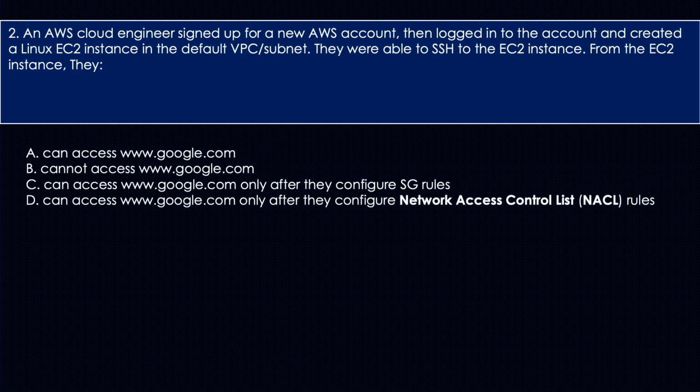2. An ORS cloud engineer signed up for a new ORS account, then logged into the account and created a Linux EC2 instance in the default VPC subnet. They were able to SSH to the EC2 instance. From the EC2 instance, they A. can access www.google.com. B. cannot access www.google.com. C. can access www.google.com only after they configure SG rules. D. can access www.google.com only after they configure Network Access Control List (NACL) rules. Answer: A. can access